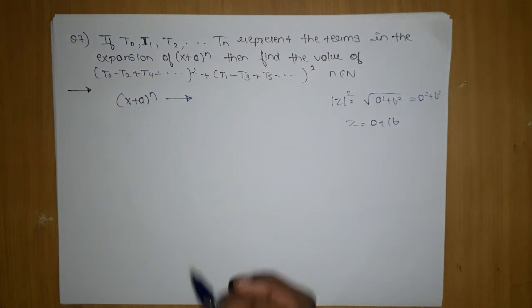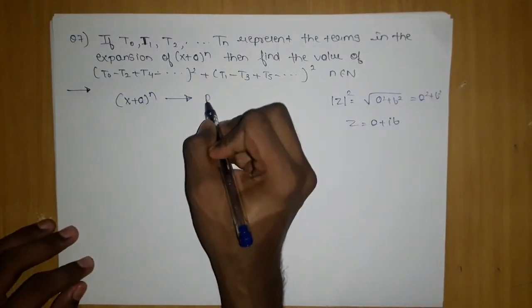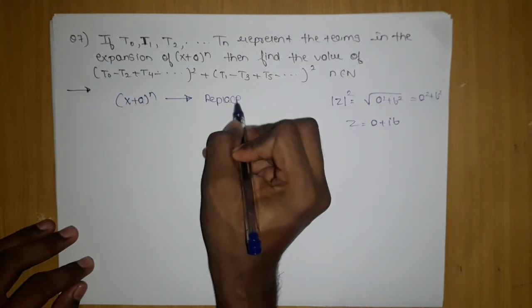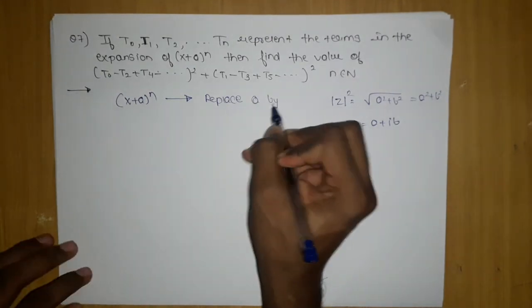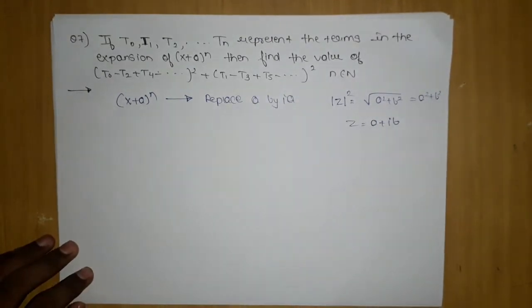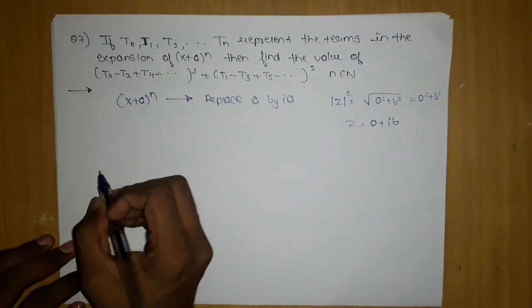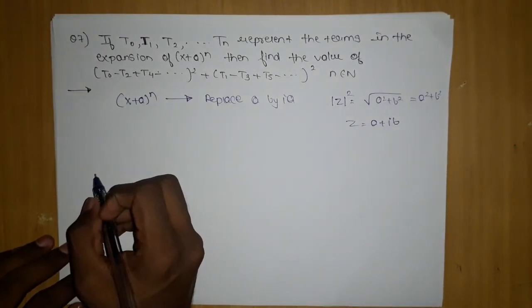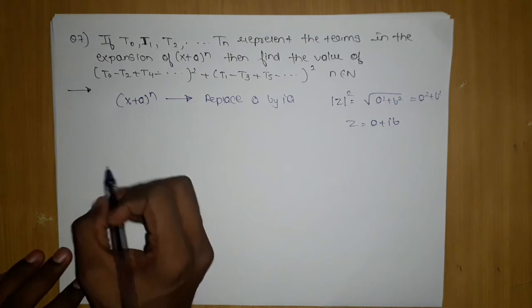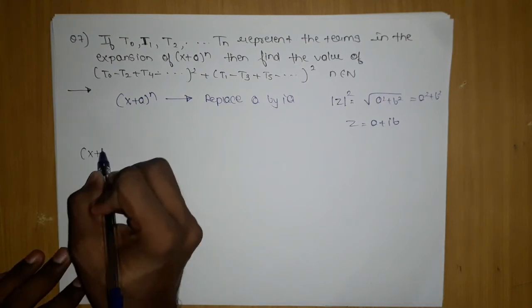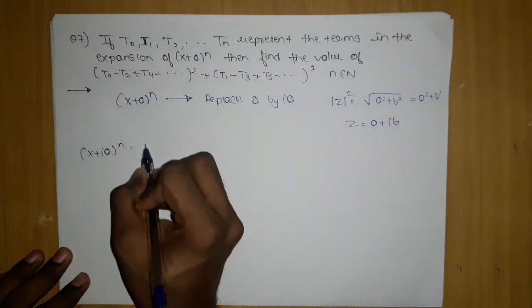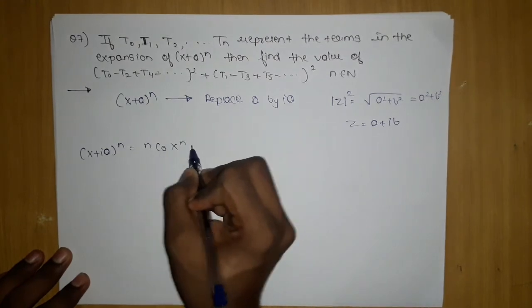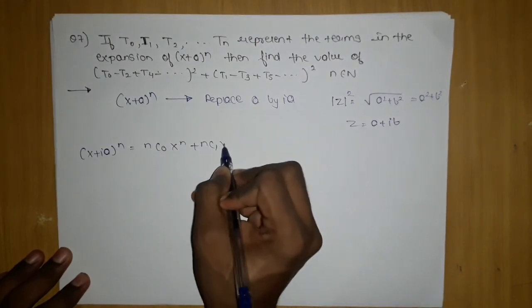Now what our intention is, we will replace a by ia, then check what we are getting. If we do that and do the expansion, then let's see what we are getting. So (x plus iota a) power n is nothing but nC0 x power n plus nC1 x power n minus